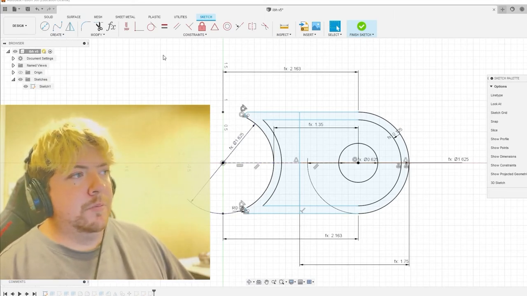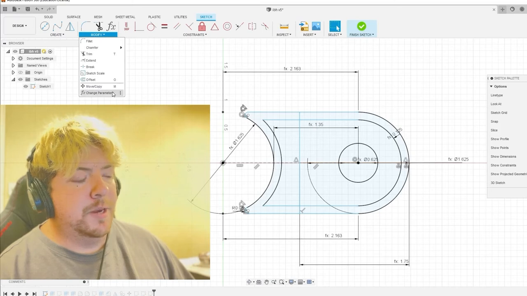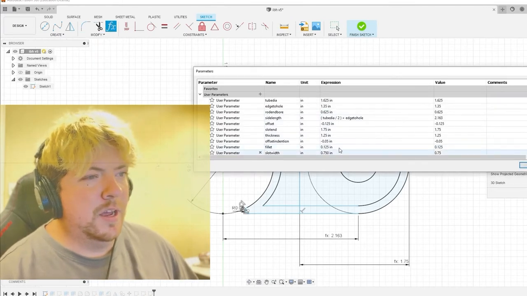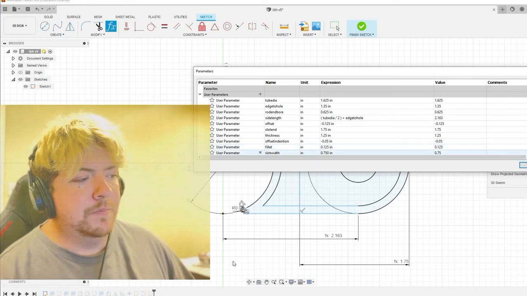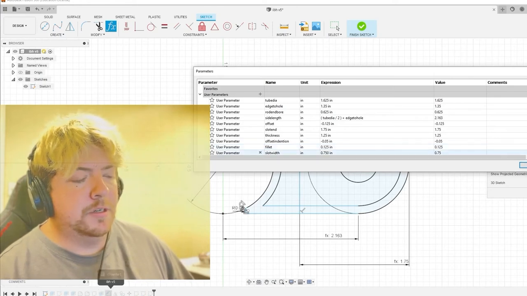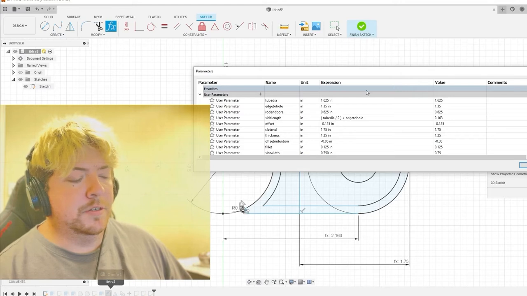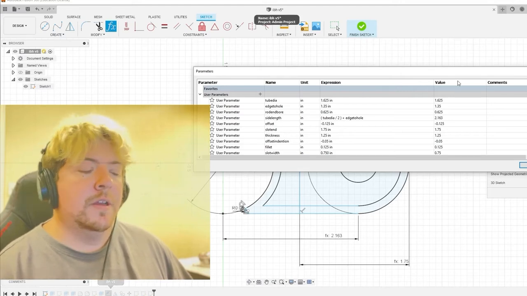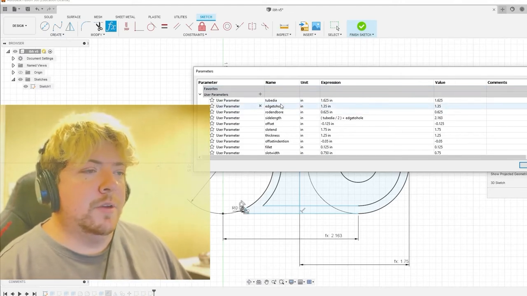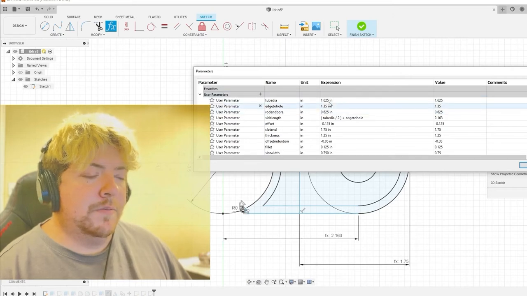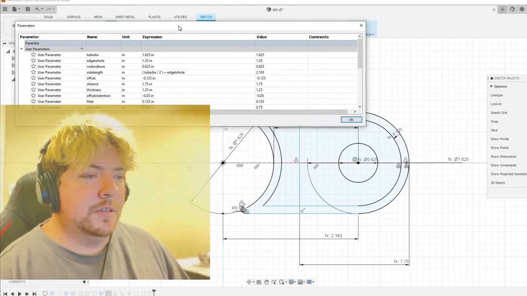So what you can do is you go up to change parameters in modify, and I think you have to have history capture on for your design history. But anyways, you can input different values for these different